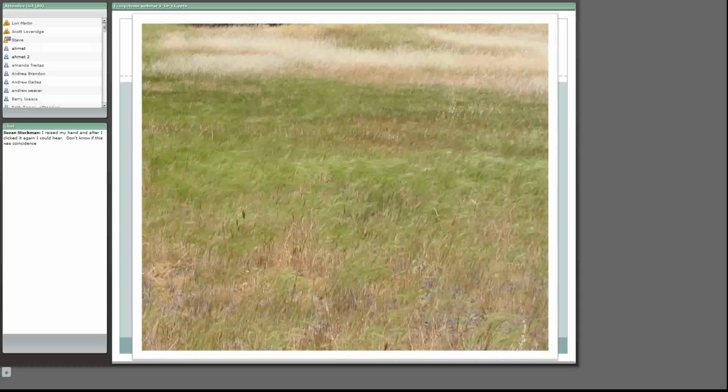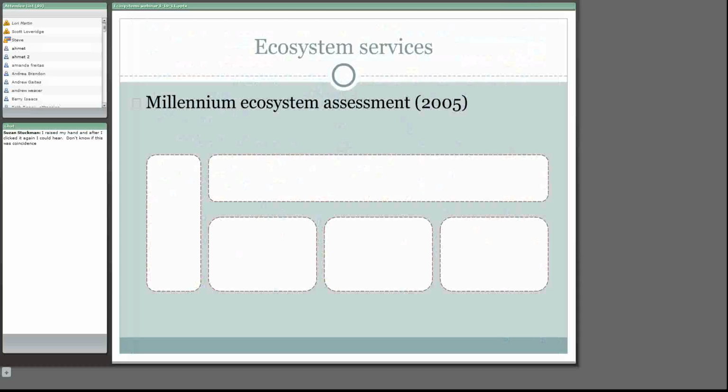If we talk about ecosystem services, about 5 years ago now, the Millennium Ecosystem Assessment was done, and several categories were identified that relate to the services that ecosystems provide. I'm going to show these as I move through here and talk about each one a little bit. Provisioning. These services are typically those that provide the food we eat, fresh water, pharmaceutical services, energy, fiber sources, things like that.